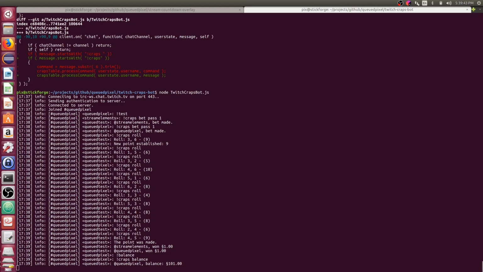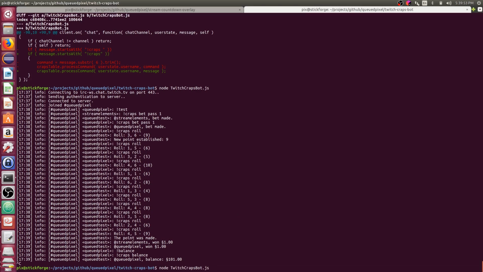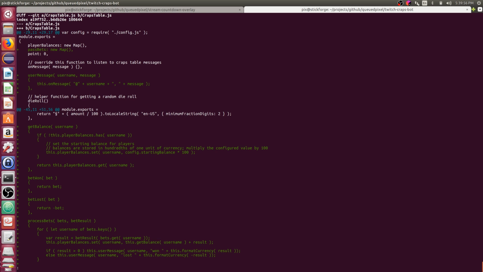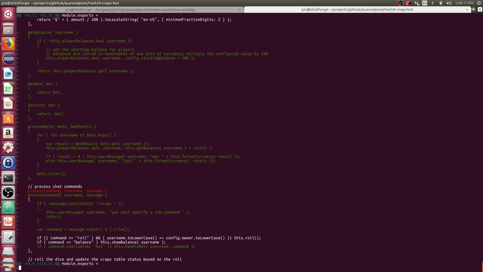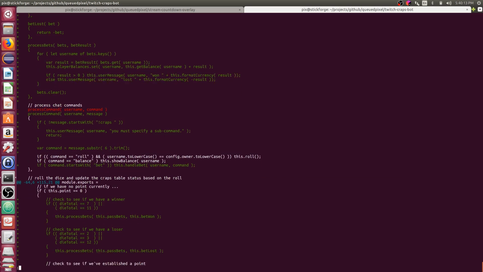So the basic process, the basic game loop works, and I haven't broken anything by making that small refactoring. So let's just do a quick look through everything here. The only real change I did is part of bet processing. I did a this.getBalance as opposed to interacting with the data structure directly, the map directly. Everything else is all the same.